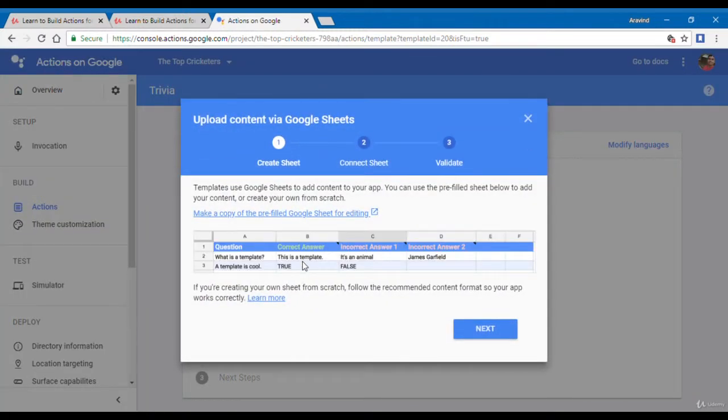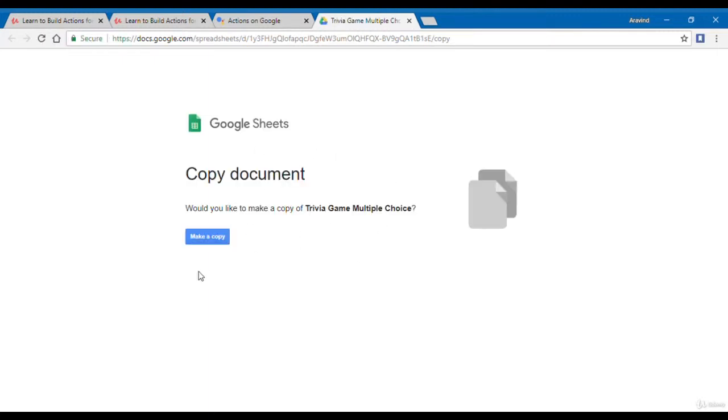For getting a copy of a pre-filled template sheet, click on this link. It will take you to another page and will ask you whether to make a copy or not. So click on make a copy. Okay,